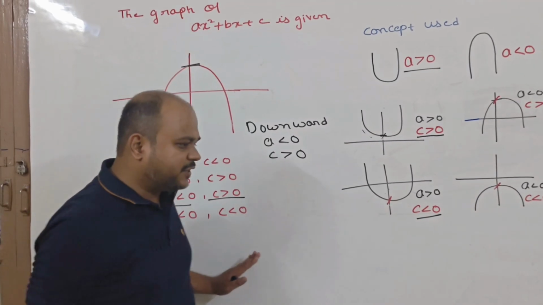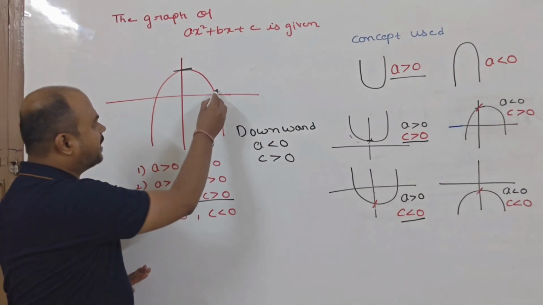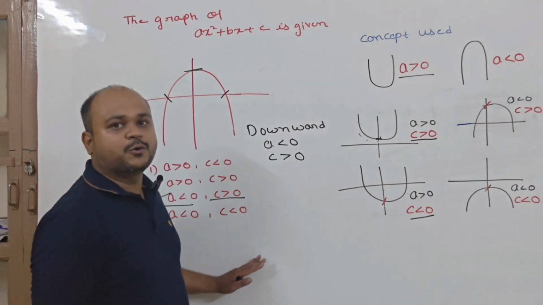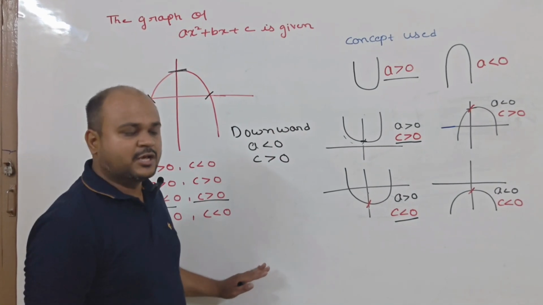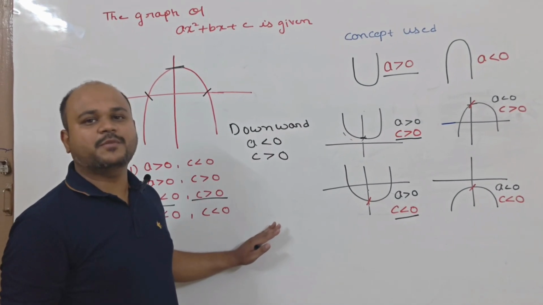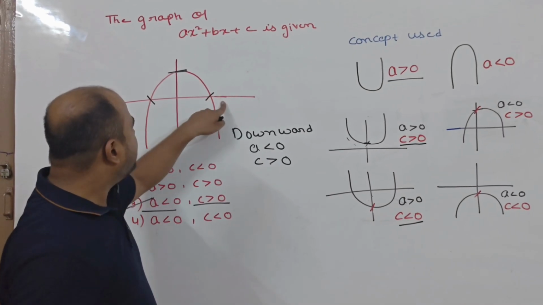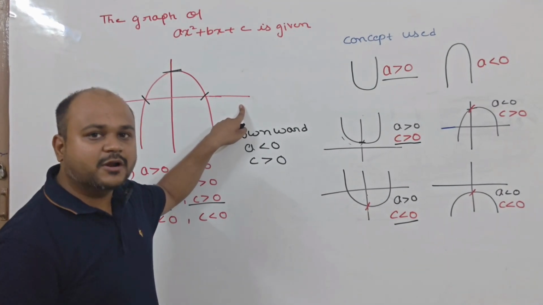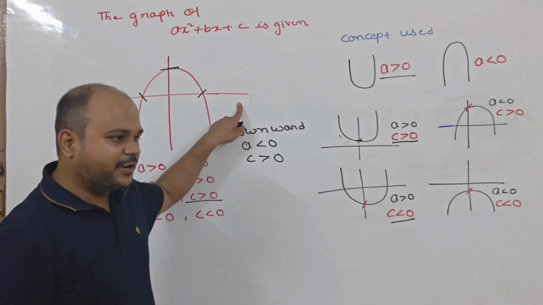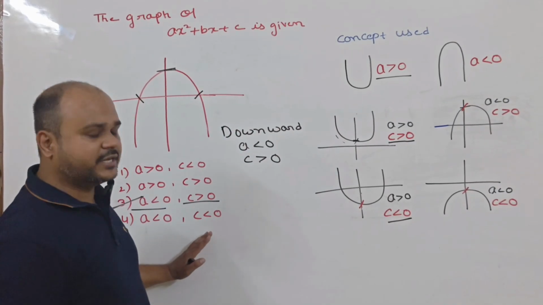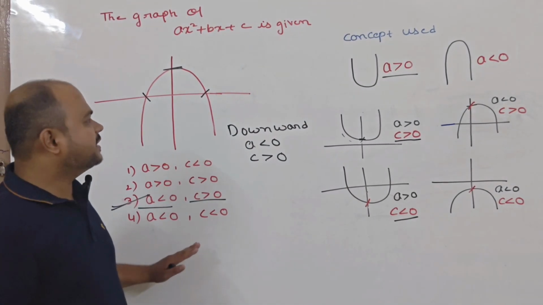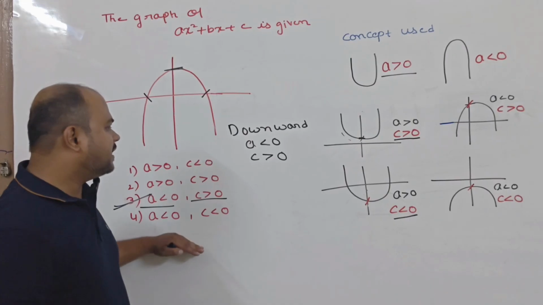अब जाते जाते एक bonus point ले लीजिए, x-axis पर आपका graph जितनी जगह cut करेगा उतने उस polynomial के zeros होंगे. So the number of zeros of a polynomial depends on the number of times that particular graph cuts the x-axis. It means the number of zeros is at most the degree of the polynomial. I hope you understood this concept. Utilize this concept. This question can be asked for 1 mark in your board exam.